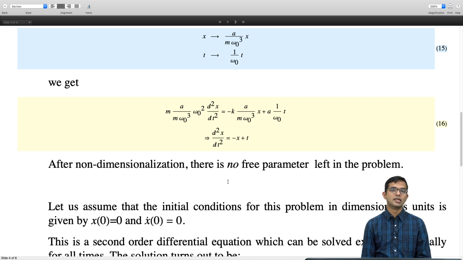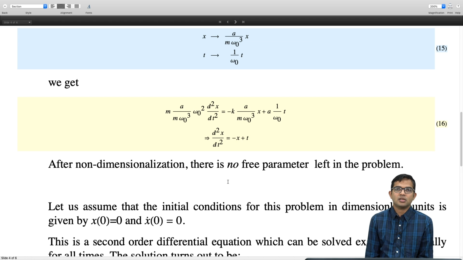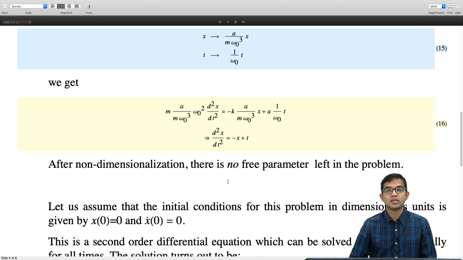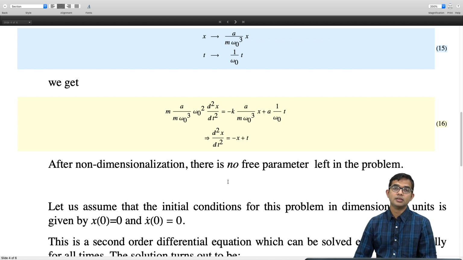Now this is a second order differential equation which can be solved analytically. Once again, one can invoke these techniques. The general solution for the homogeneous equation is always the same in these kinds of problems: some constant times cosine of t plus another constant times sine of t. So all the variations come only from the type of external field being applied, and therefore only the particular solution will change.